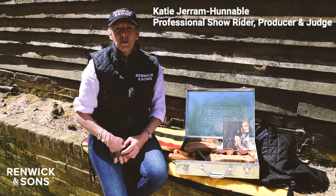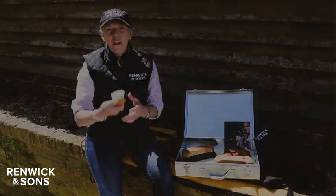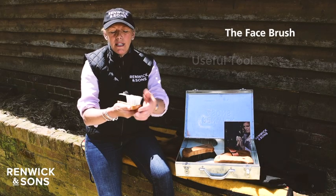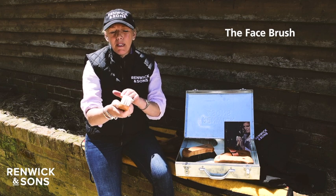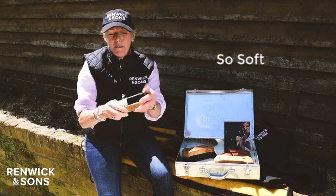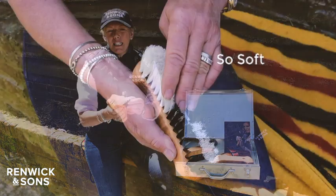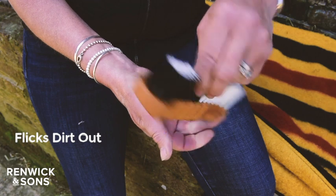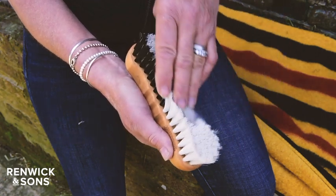I'm here today to talk you through using the kit. The face brush, a really useful piece of equipment. It's soft at one end, slightly stiffer at the other end, but it's so soft, it's absolutely beautiful. Even the harder end, it's soft, but it flicks the dirt out. It's really useful in crevices on the head. You can even use the soft bit in the horse's ear just to get the dirt and dust out of